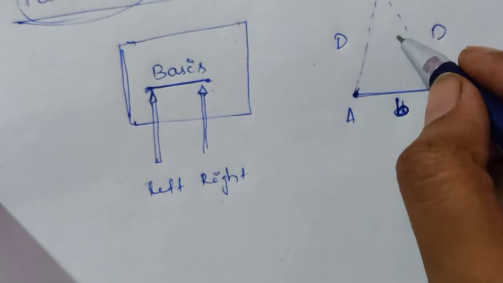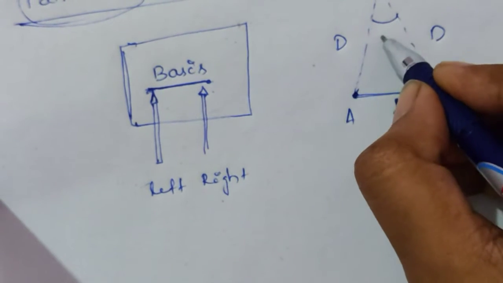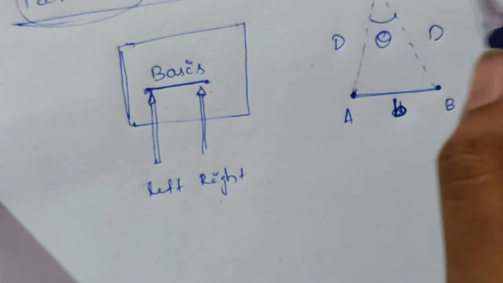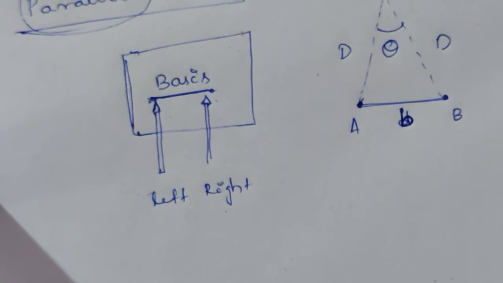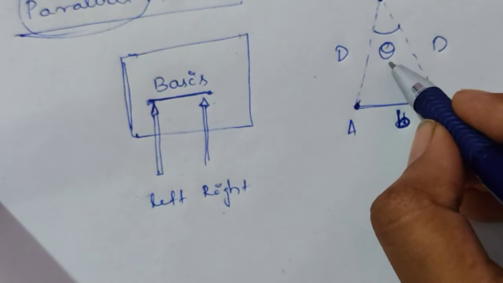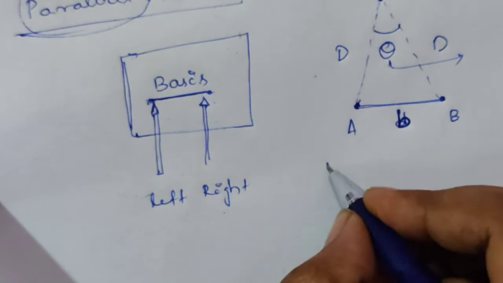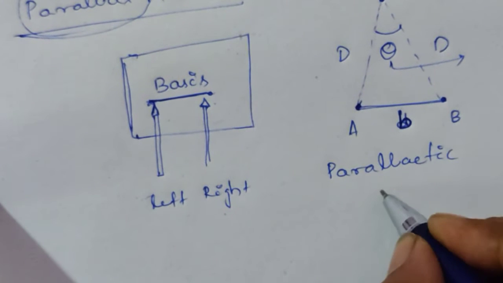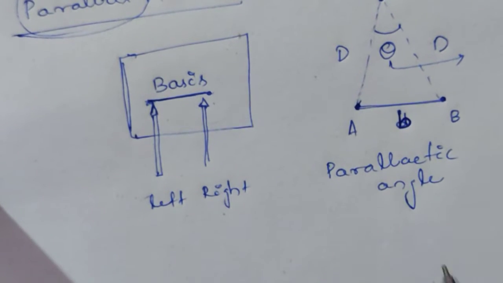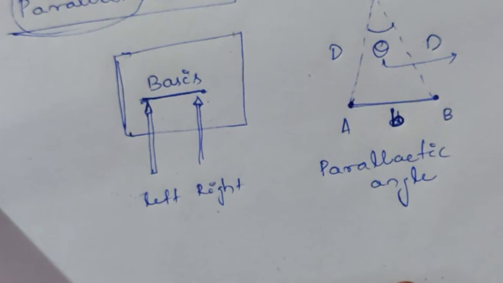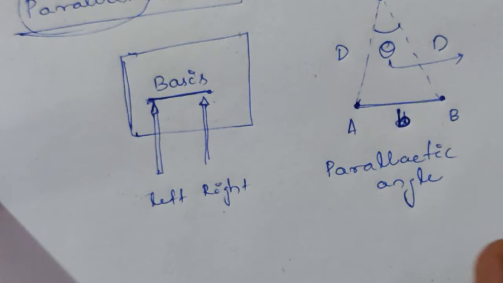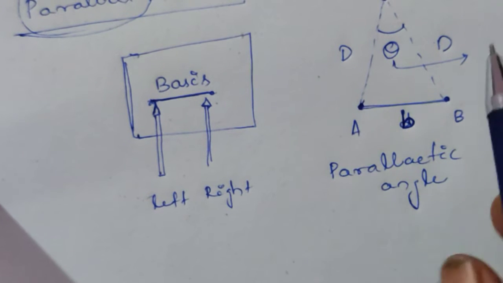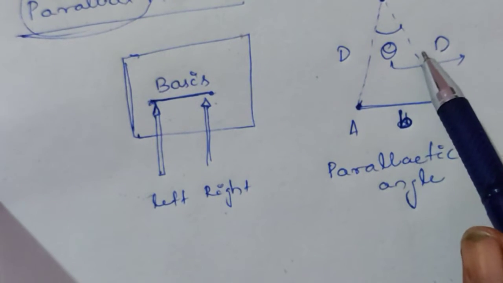So now the angle that the two lines of sight make with the planet is known as the parallactic angle. Okay, clear? We can also call this the parallax angle or parallactic angle. Now since the planet is lying far away,